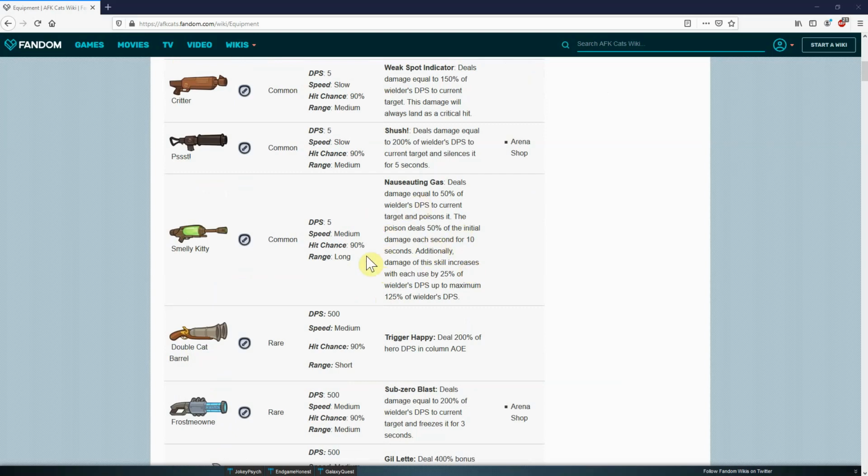The next weapon here, Smelly Kitty, is another really good common weapon. It deals 50% of the wielder's DPS, so that's just a little tiny chunk when this thing goes off. But it also deals poison, and that's 50% of the initial damage each second for 10 seconds. So there's 500% damage over time, but it does 500% damage when this thing goes off. Additionally, damage of this skill increases with each use by 25%. So if it goes off again, now you're doing 750% damage. Goes off again, it's doing 1000% damage, then